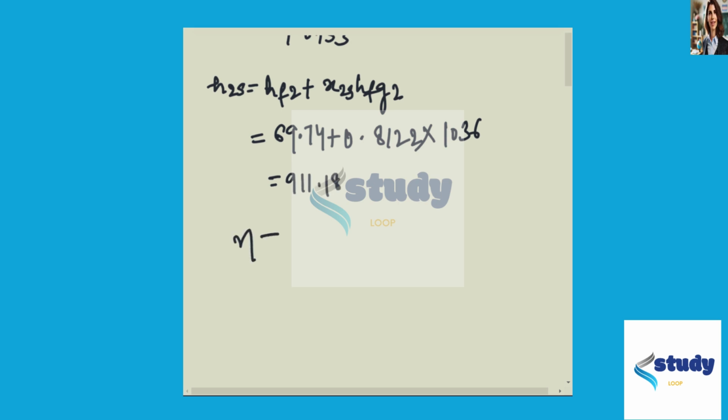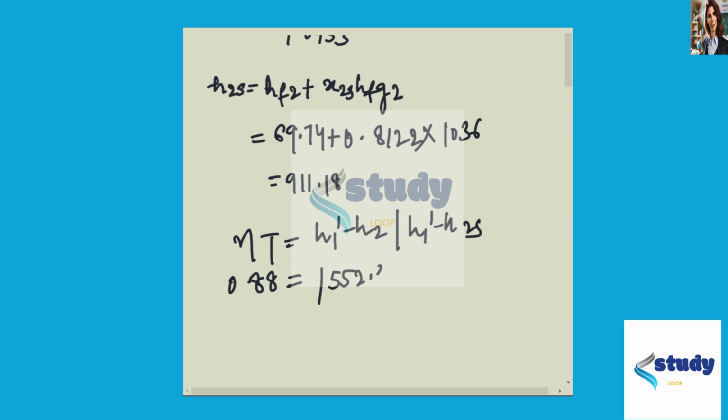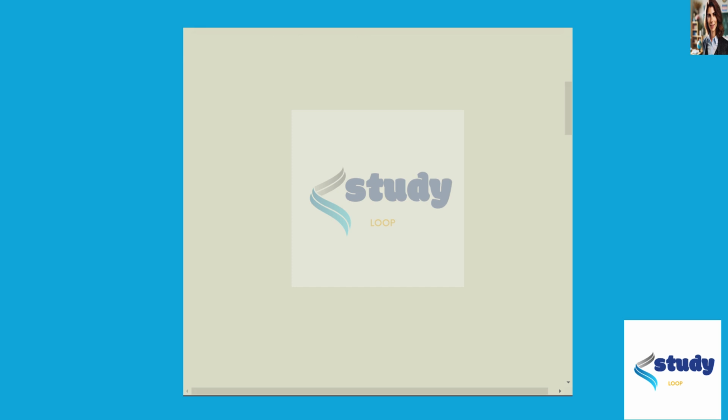911.18, right? Efficiency we get as (H1 dash minus H2) divided by (H1 dash minus H2S), which is equal to 0.88. So, (1552.8 minus H2) divided by (1552.8 minus 911.18). Finding this value, H2 equals 988.17. Moving further to find the value of net work done, we get